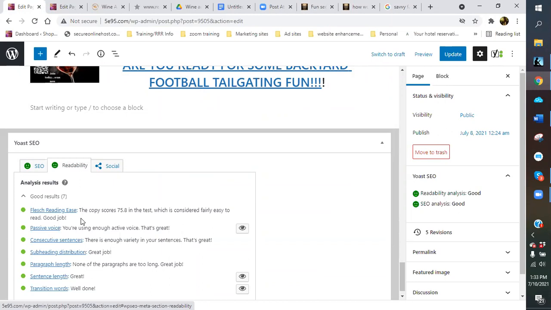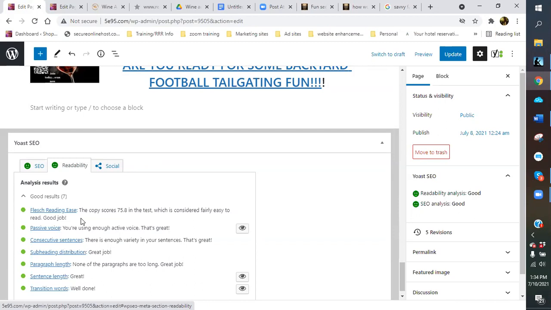You just go in, find where you have a paragraph that's more than 6 or 7 sentences, and break it up, and that'll fix it. Passive and transition words are the two things that you go in and fix after you finish your whole website, because then you have a better understanding of how to work them. And most of the time you'll come back in and modify your page and make it better.